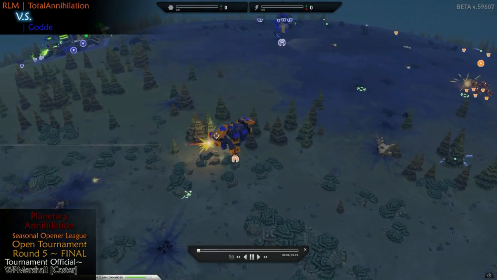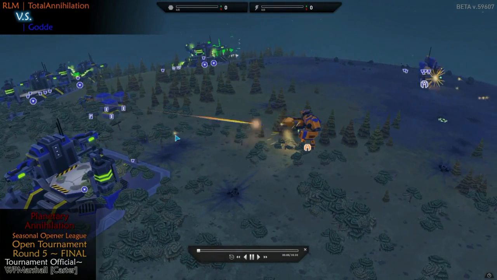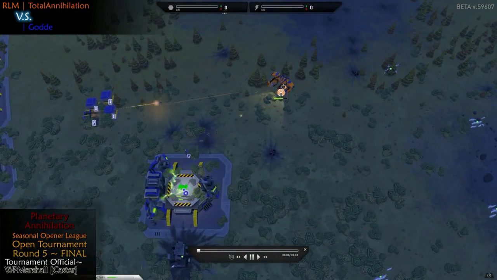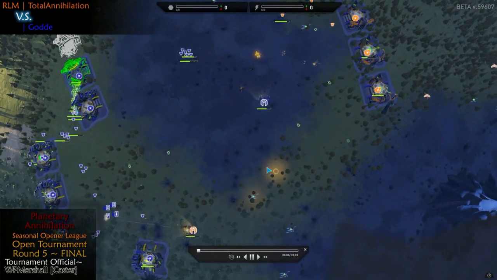His commander is now caught out in the open. He really wants to move in on Godde's commander, otherwise his commander is in a right old pickle. Especially considering that he's getting shot on by that bunker. Let's zoom out of free cam mode so we can see the health bars. Total Annihilation, pay attention to your commander, sir, because otherwise you don't want to be moving too far in. Godde's commander...